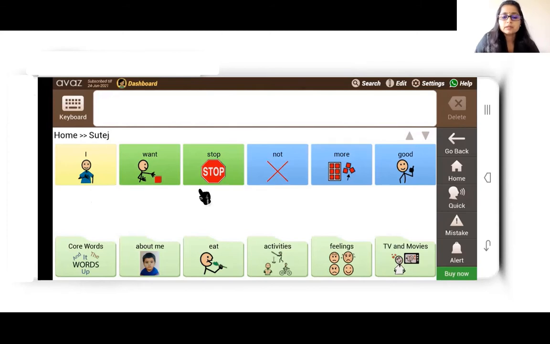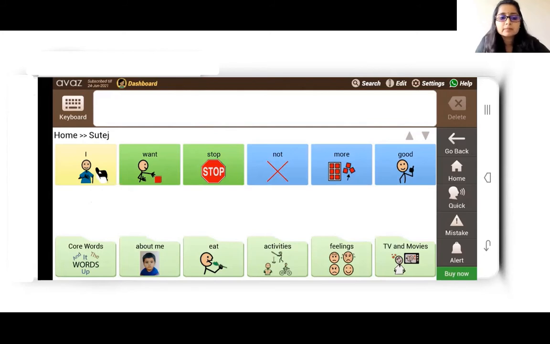This follows a convention called the Fitzgerald key. The Fitzgerald key is a color coding system. Color coding is used because it helps us recognize different grammatical parts of speech.